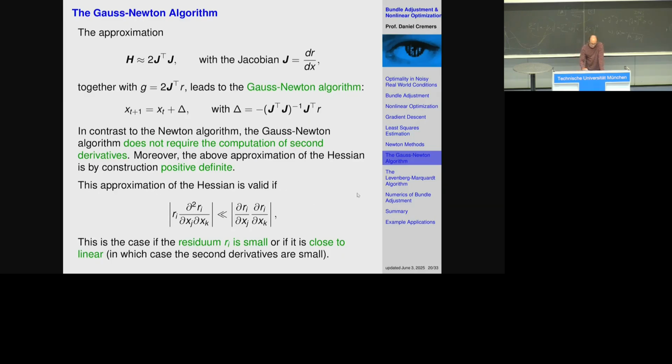When does that happen? Well, it happens once the residuum is small, right? Once we're near the minimum, we expect the residuum should get to 0 at that point. That's how everything is constructed. So once you're near the minimum, Ri will be near 0, in which case this thing should be a good approximation. Or if the residuum is